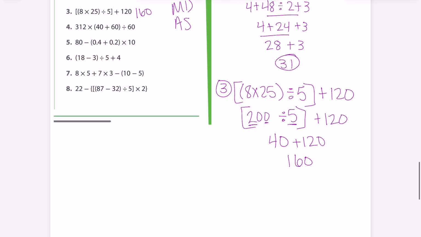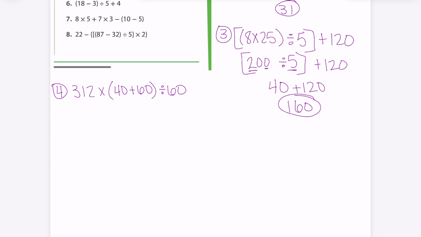Now, number 4, I have 312 times parentheses 40 plus 60, divided by 60. So 40 plus 60 is 100. And then I rewrite my problem. I'm going to do 312 times 100 because I got to work left to right. I'm going to do 312 with 2 zeros